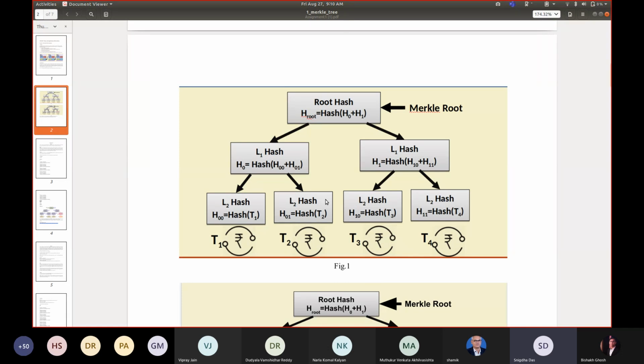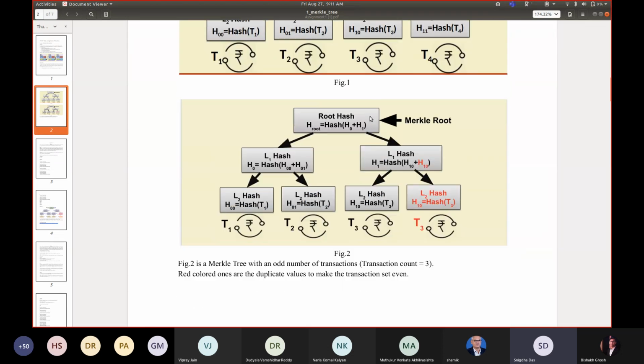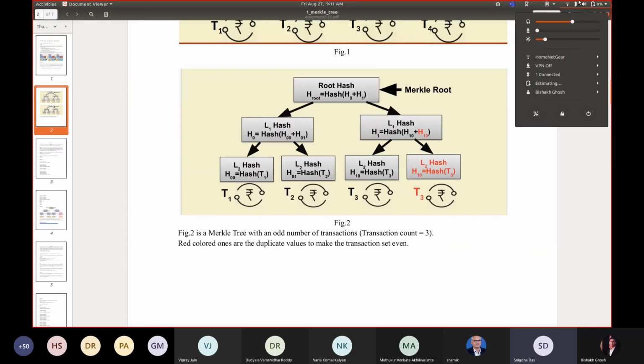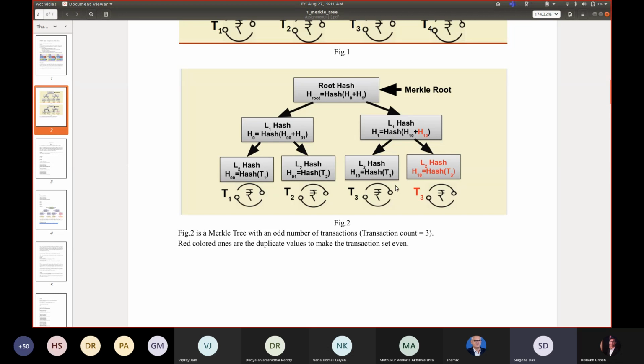Similarly for T3 and T4 we are creating H10 and H11, and from H10 and H11 we combine to get hash 1, and for hash 0 and hash 1 we are finally creating the hash root, the Merkle root. Just scroll down.